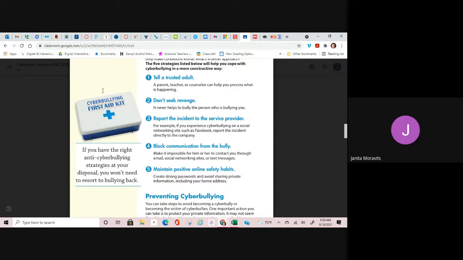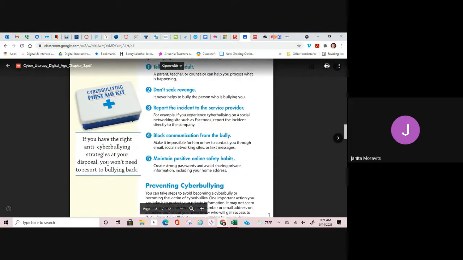Report the incident to the service provider. All you really have to do on your social media if somebody's doing this is you can block that person and then you can't see what they're doing anymore and they can't see you. Block communication. Now, if it says to report the incident to the service provider, if it is something that is very, very blatant, maybe they're spreading some really hateful things, or maybe they're threatening violence or things like that, that is definitely something you should report to the service provider so they can block that account. And then all you have to do is block the communication from yourself.